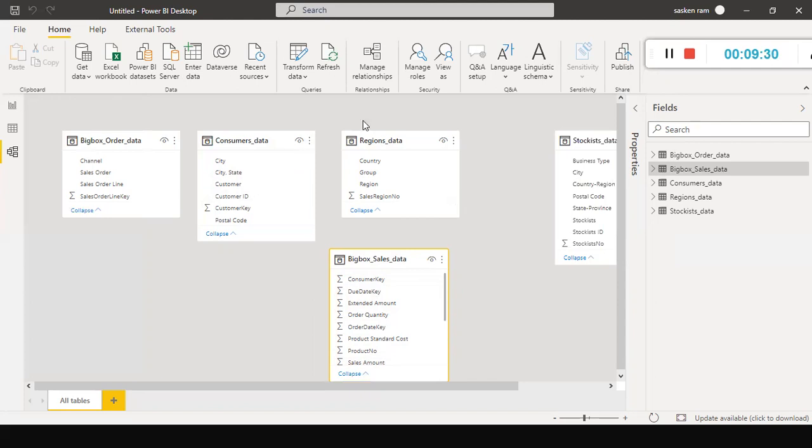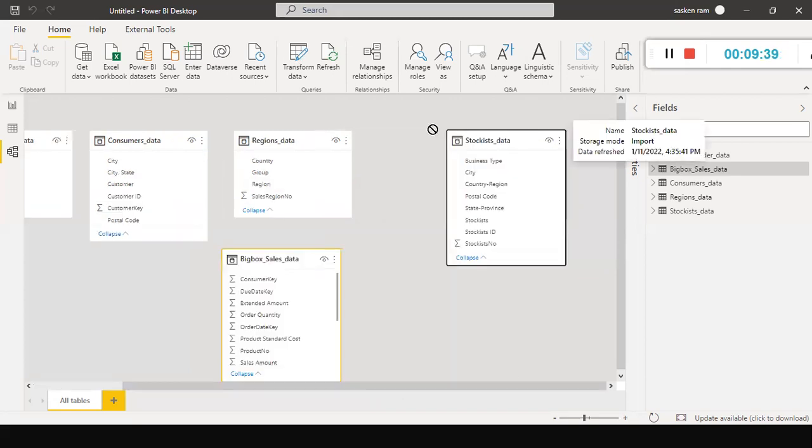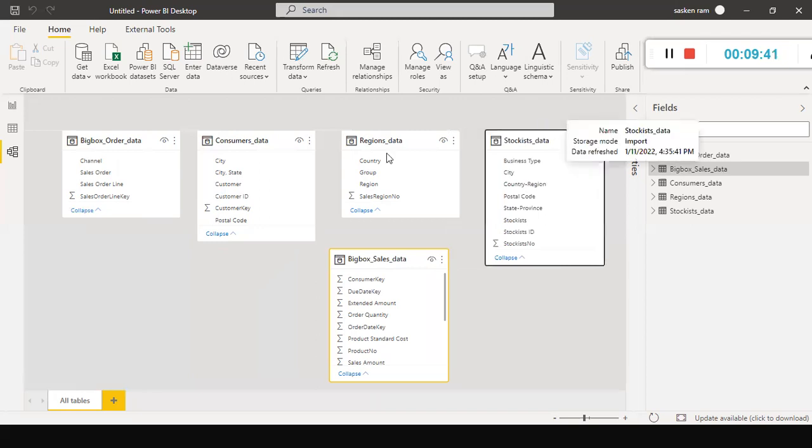Similarly, Vijay and others. Okay, fine. So since these tables hold only one record for each instance, for each product, each region, each customer, we call it a dimension table. Okay. The stock is, they are the distributors. Okay. Now what we do is, let us import the date